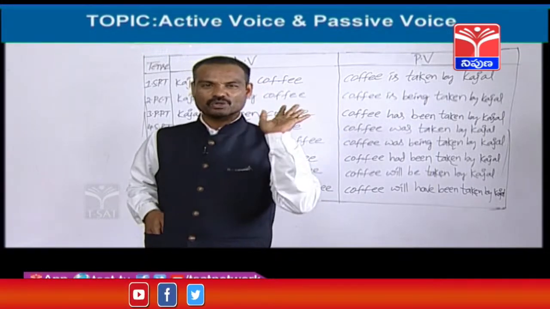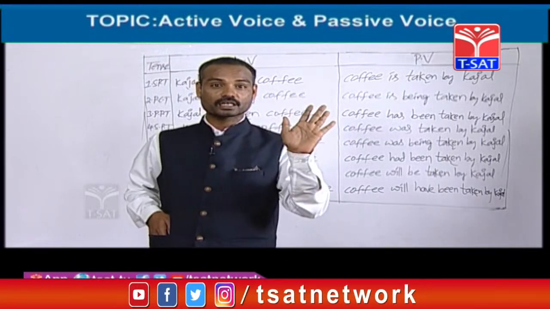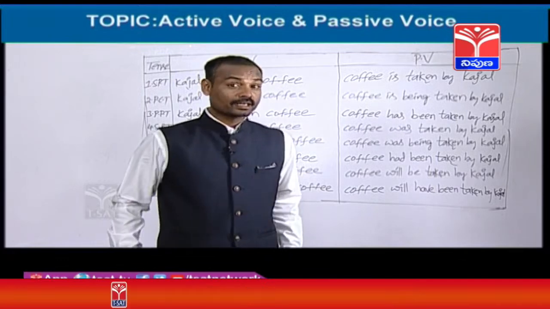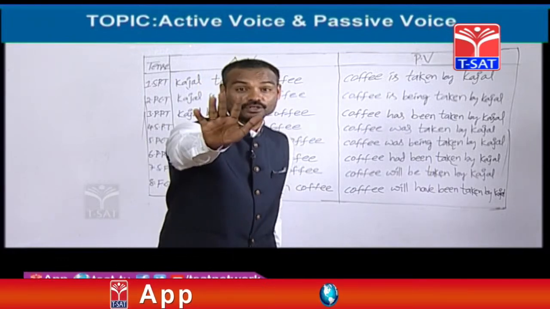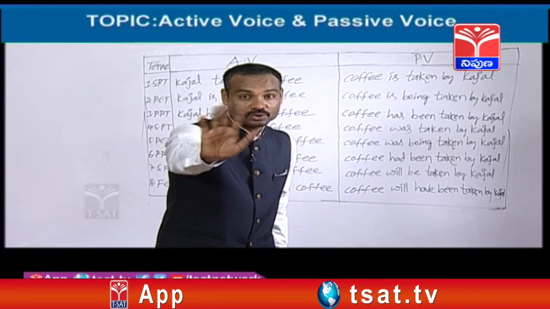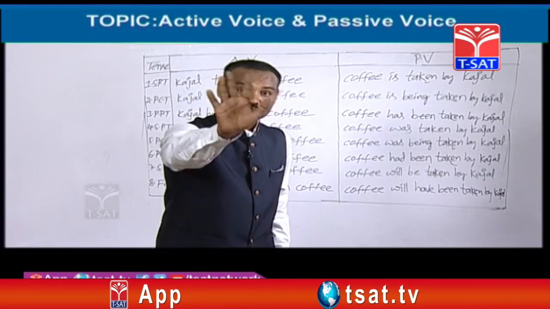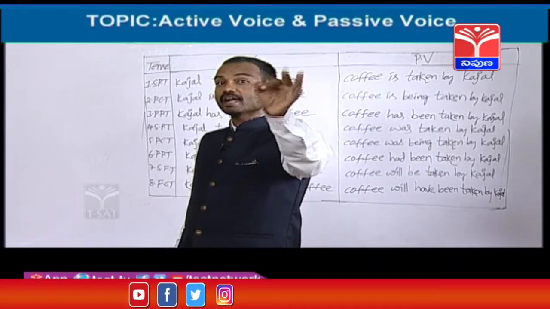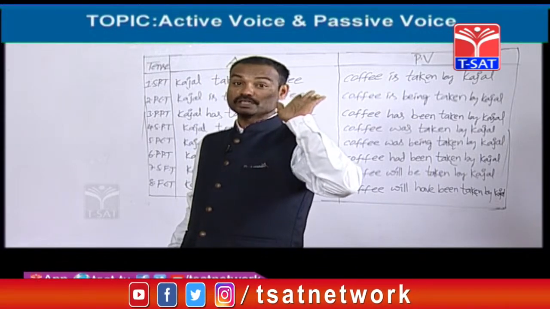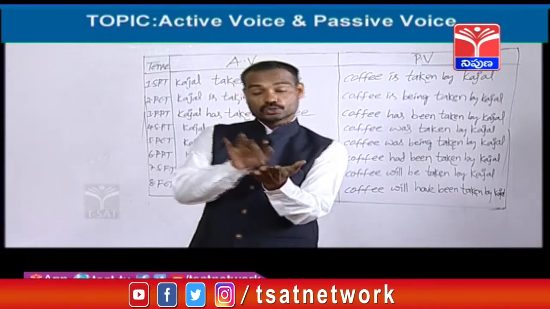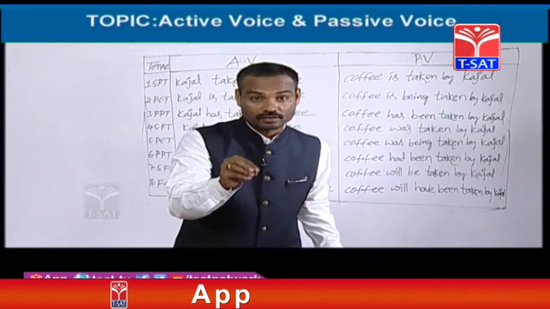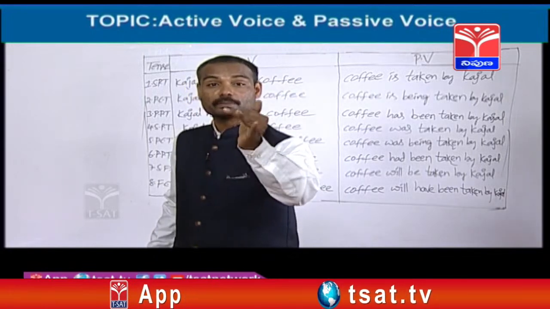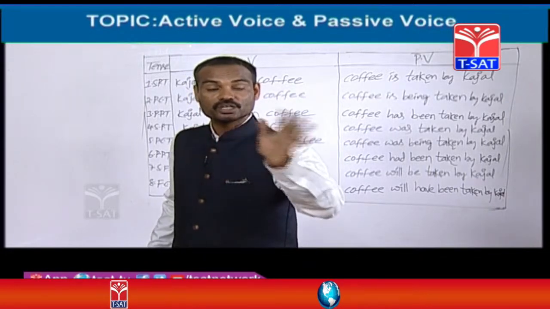Okay, that's clear, sir. We know very well that. Don't repeat again. Okay. Next, what is the second change? Been. When should we write been? Sir, don't repeat. You have already told us. Don't try to eat our brains again. We know very well. Been should be written when we find have or has or had in the active voice. That is very clear. Please don't repeat that.